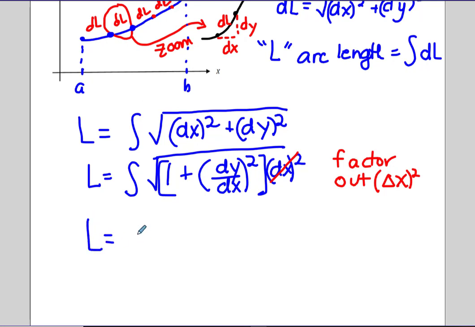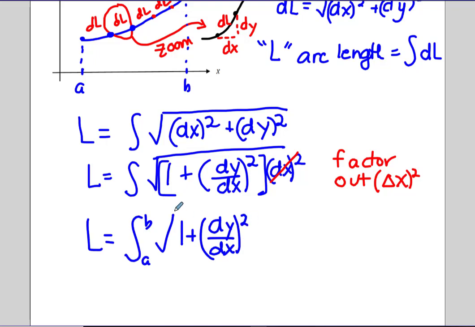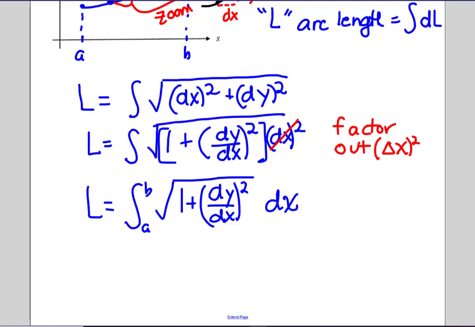So the arc length is the definite integral from a to b, and we have 1 plus dy dx quantity squared, and then the square root of the dx squared is our differential dx. So we could simplify down to there,